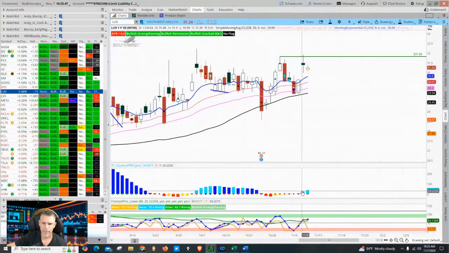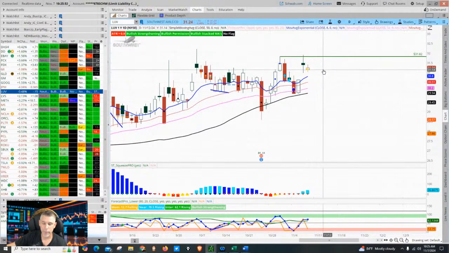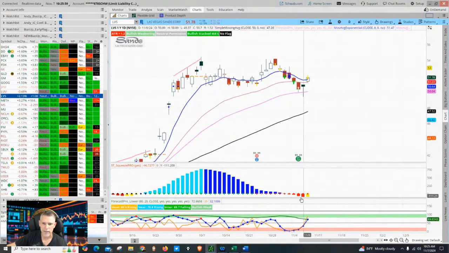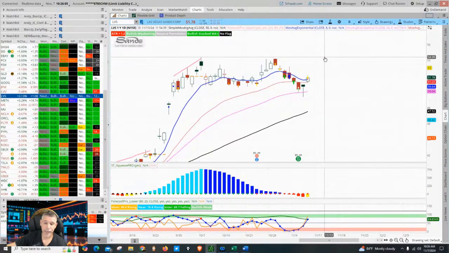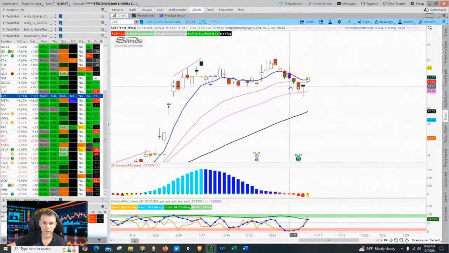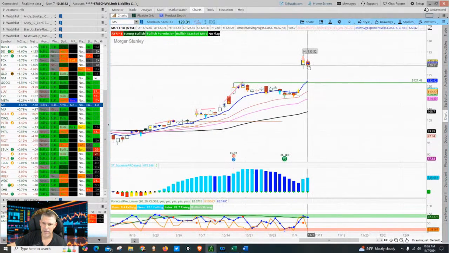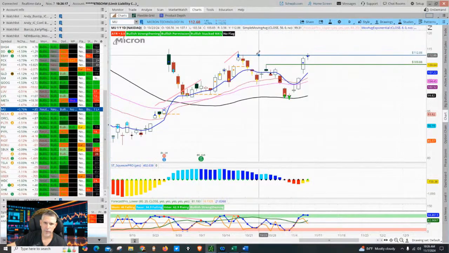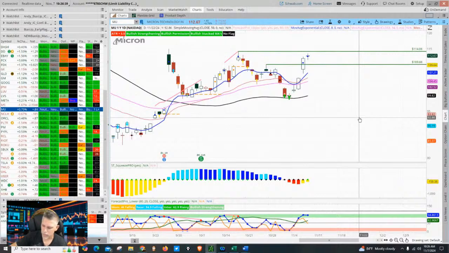LUV, squeeze, right? Southwest Airlines, squeeze. A little bit more and we'll go into that breakout setup, but right now I'm just going to classify it as a squeeze. Las Vegas Sands, another beautiful squeeze. Yeah, it is what it is. It's not a flag. It's coming off a lower low. Facebook, no bias. MS, no setup. MU, breakout. Breakout setup going on Micron Technology, baby.